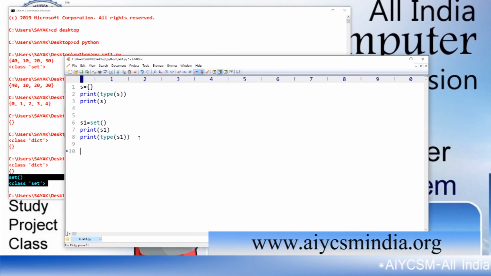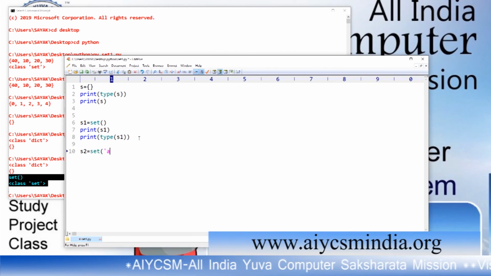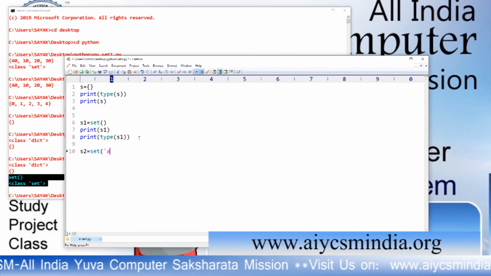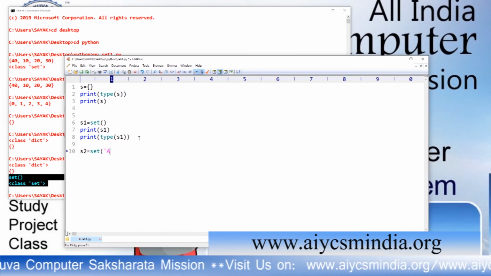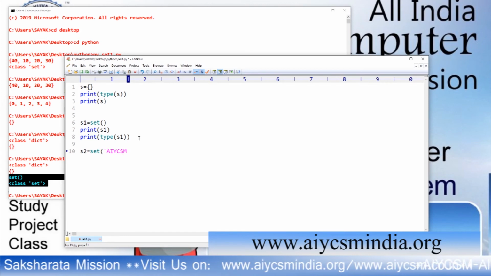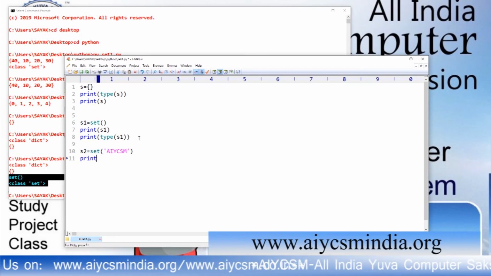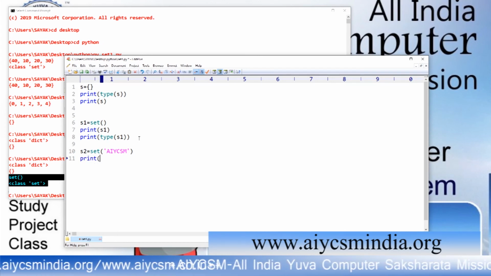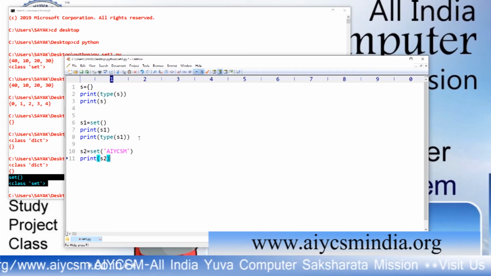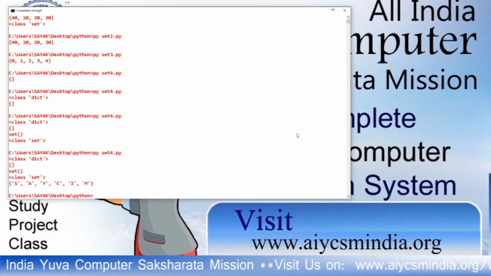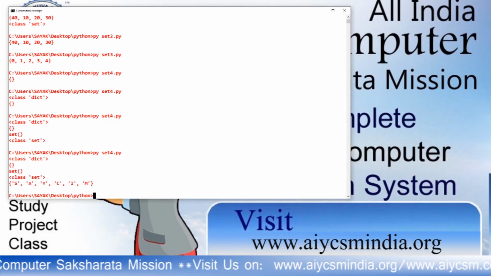If you want to create a set from the set function, S2 equals set of apple, banana, anything. If you print S2, you will get an individual value for every one.